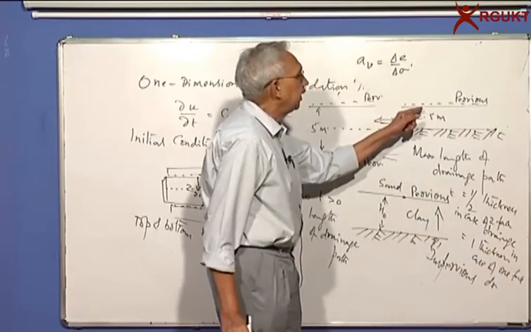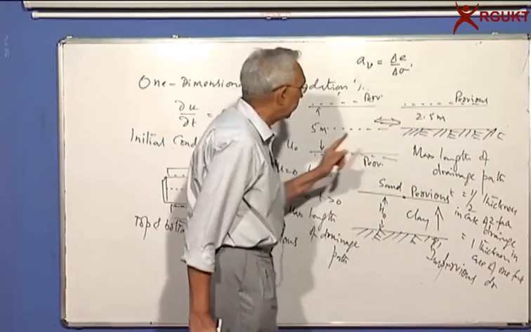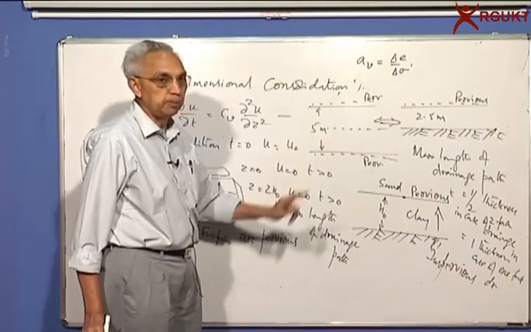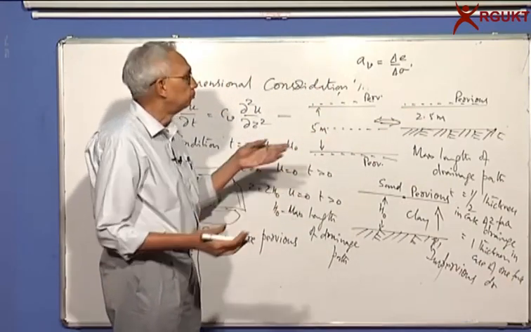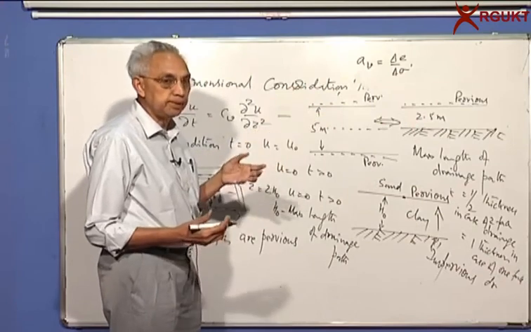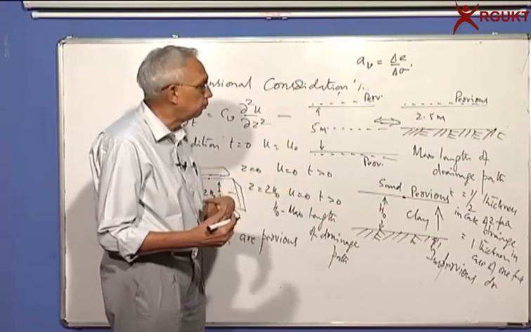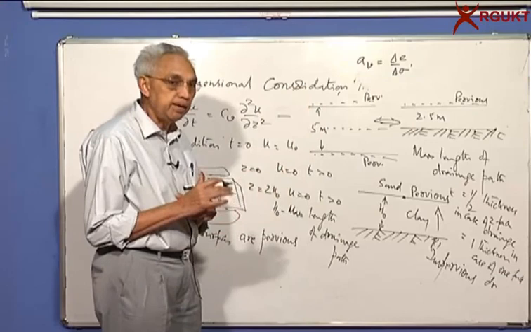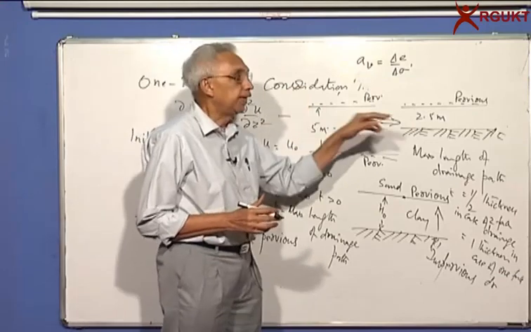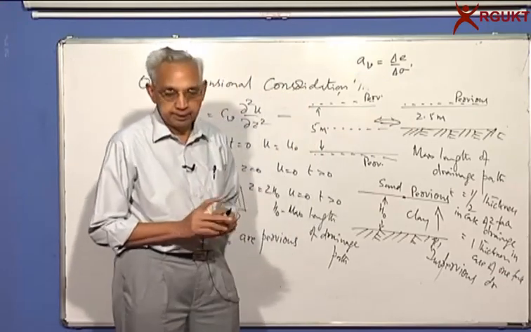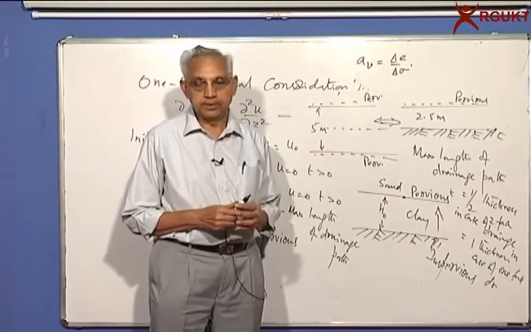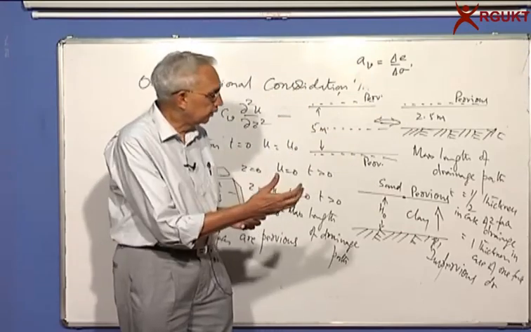Here drainage is only to the top. Here it is to the top and bottom. So basically a 5 meter thick deposit draining into the top and bottom is behaving exactly similar to a 2.5 meter thick deposit draining only to the top. I think we'll talk of the solutions in the